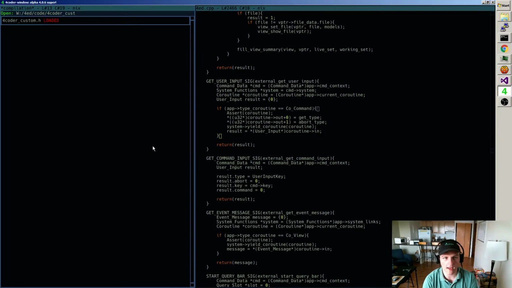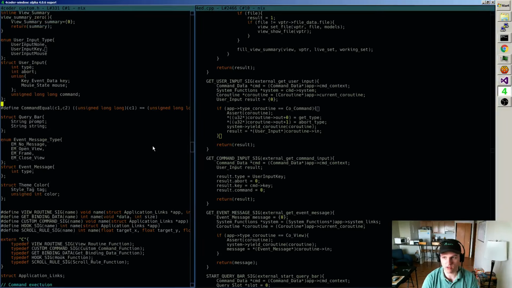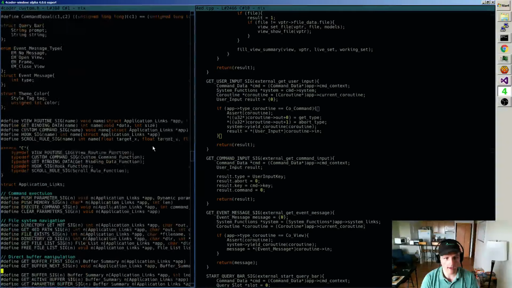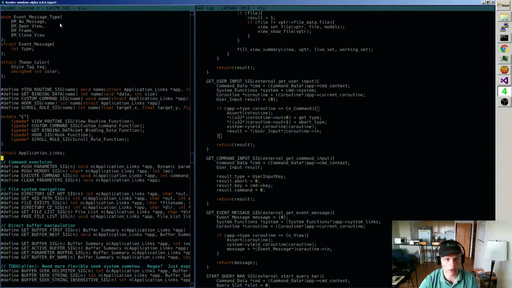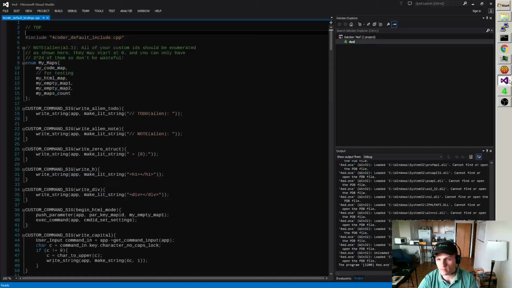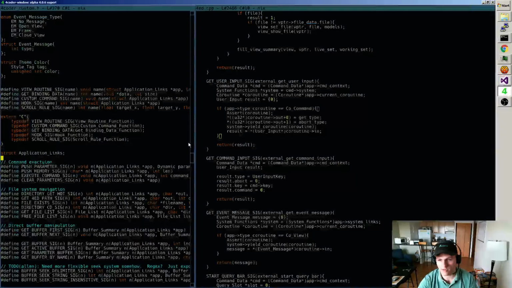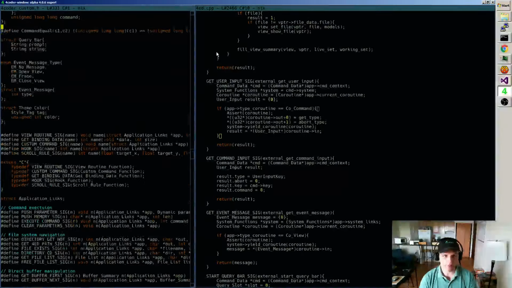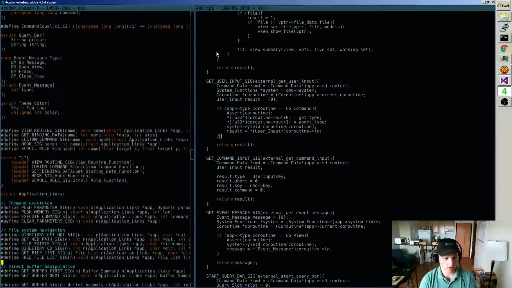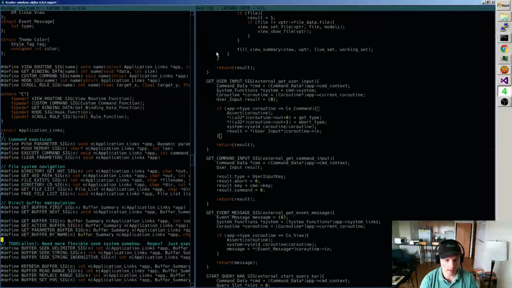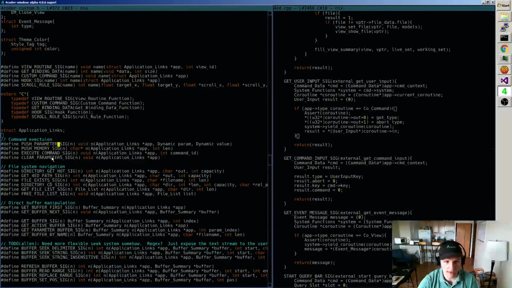So let me show you exactly what the problem is that I'm talking about solving right now. I'm running the newest version of 4coder, I believe, and I believe I'm attached to the debugger. No, I'm not. I had to detach so that I could test some stuff. Normally I like to run with the debugger attached so that I can catch things, but oh well. Some of the stuff that needs to be auto-generated is all the stuff in application links.